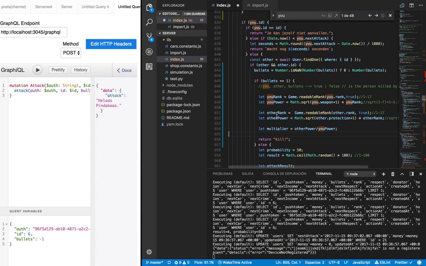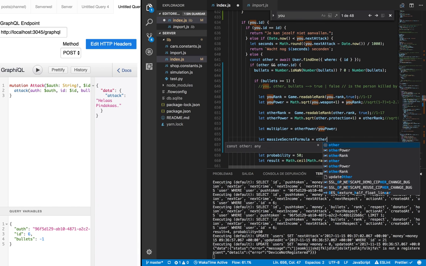So then we have your power, other power, and then we get a multiplier. If the other power is much more than your power, for example, this is 10 and this is 1, then the multiplier is going to be 10. So the amount of bullets is depending on the other rank, I think. Let bullets, that's B. Let massive secret formula equal to other rank